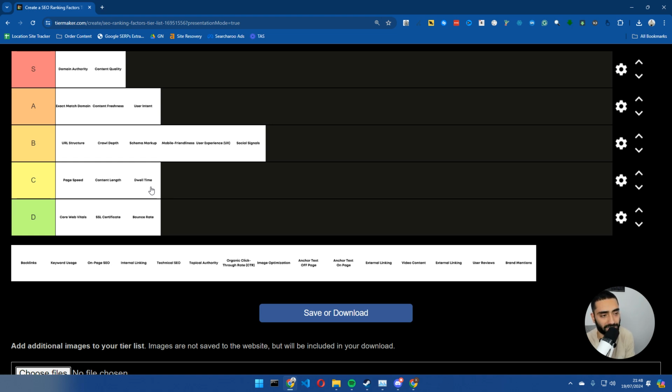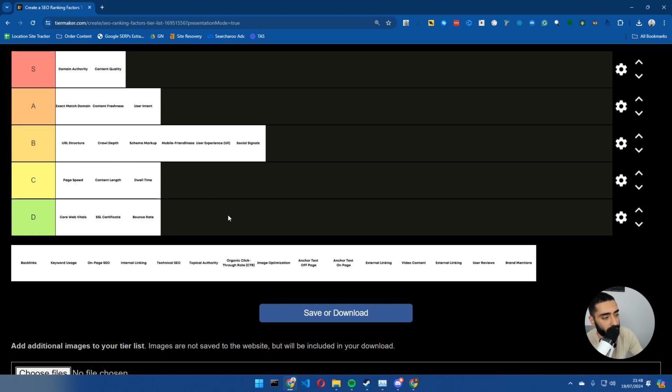So I think that dwell time is just a little bit more important, but again, it's probably not going to be something that jumps your website from, let's say, position 5 to position 1. There are obviously certain caveats to that, but overall speaking, if you're position 5, dwell time probably isn't going to be your most important ranking factor to get you to position 1.